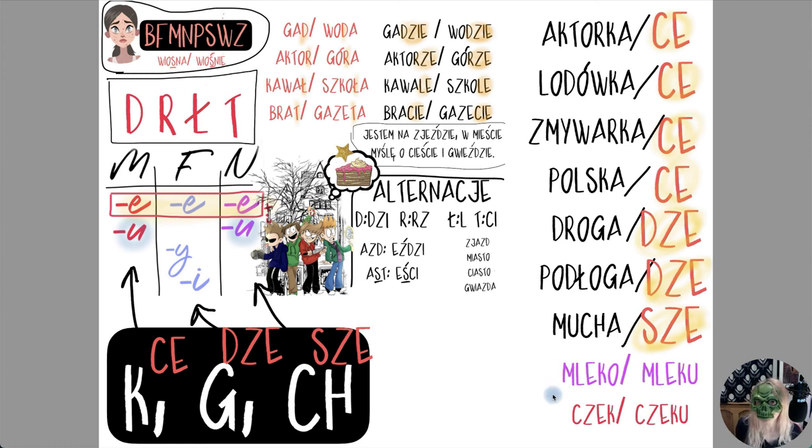There is something in milk. Coś jest w mleku. I'm thinking about a check, as in a check for a bank. I would say myślę o czeku. Okay? Człowiek, there's no example here, I haven't written it here, but człowiek is the human. If I wanted to say I'm thinking about a human, that would be exactly the same ending. Myślę o człowieku.